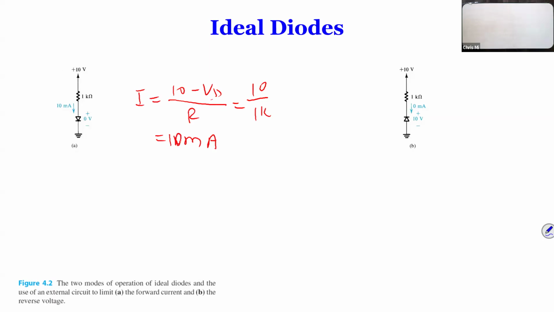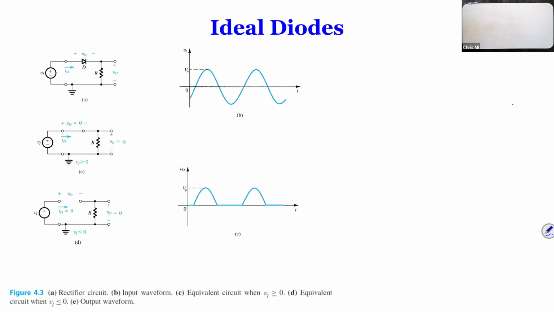Now the next circuit, the top is the same, but we reverse the diode. So therefore, you know that the diode is going to block current. So therefore, there's no current. So there's no need to calculate. And we know that current over here is going to be 0 milliamp. Very simple, okay? But of course, it gets a little bit tricky when you have, let's say, a